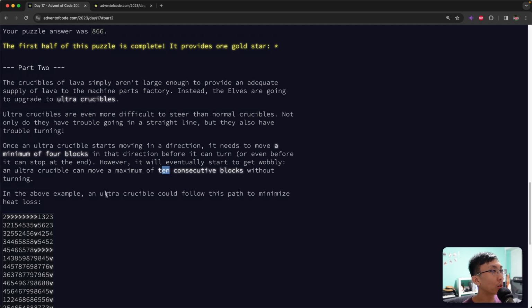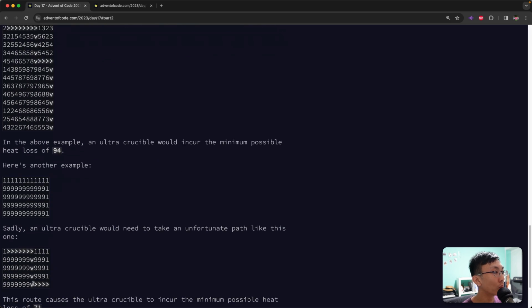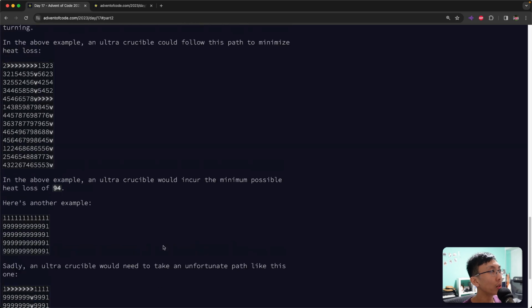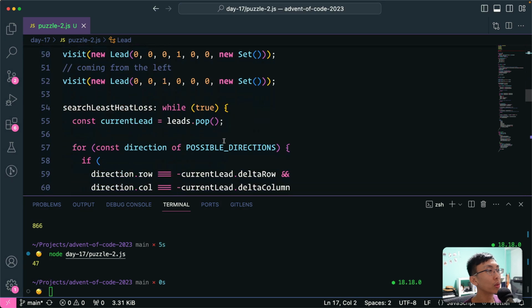Minimum of 4 blocks in the direction before it can turn, or even before it can stop at the end. So the ending case also needs to be 4, right? Needs to be at least 4 blocks. Okay, so